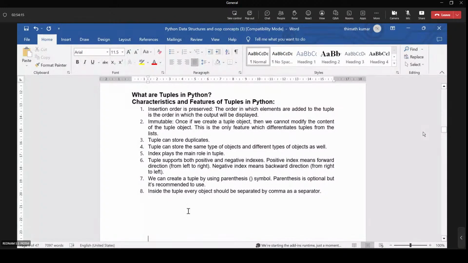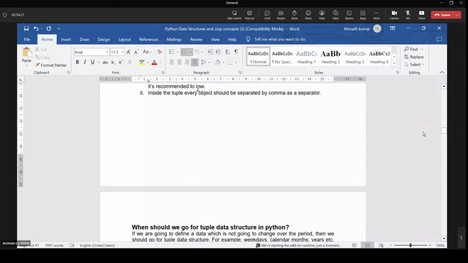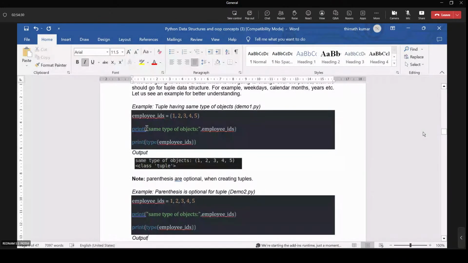So there is some example here. Inside the tuple, every object should be separated with a comma as the separator. Here employee IDs are 1, 2, 3, 4, 5, the same type of objects. The type of employee IDs here is tuple, which is enclosed with parentheses, not square brackets.